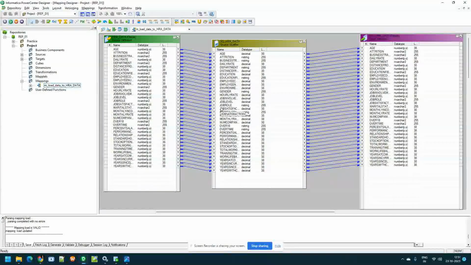In the previous video, we loaded all the columns to the target. Now we don't want to load every column to the target, or pull every column from the source. For that, we can do it either at the time of defining the source or while loading to the target. For example, now I will go to the source